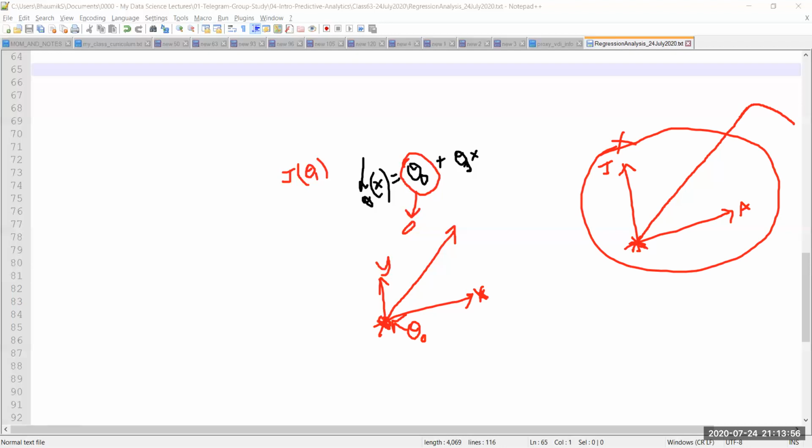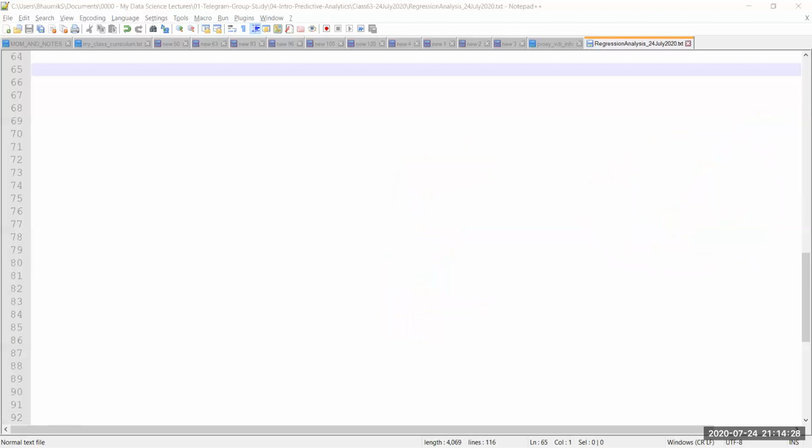But it's a very valid use case that theta 0 can be equal to 0, in which case I just have to minimize the value of theta 1, and then I just have to find this value. So I am then only interested in the slope theta 1, which is multiplied by x, so that if these are my points, then this hypothesis h, or this model h, should properly represent all my points. So that's another way of simplifying the problem statement.